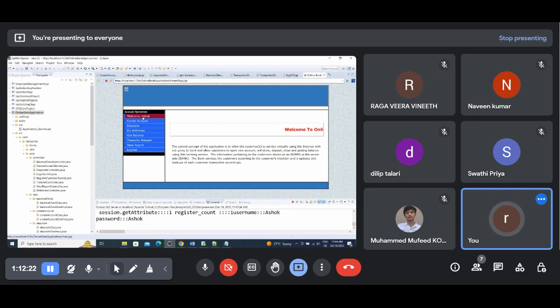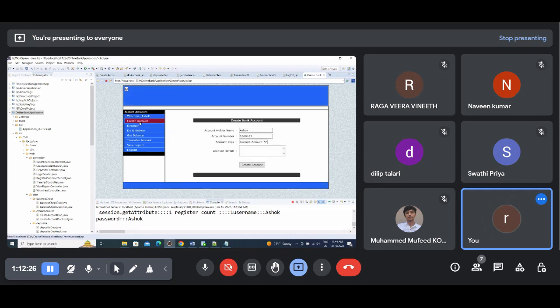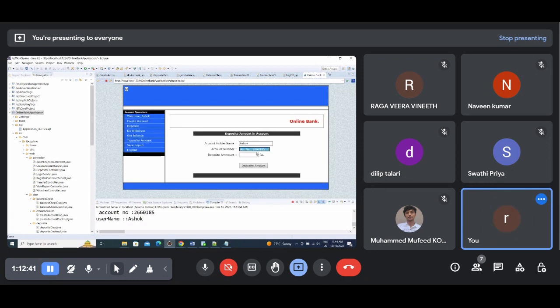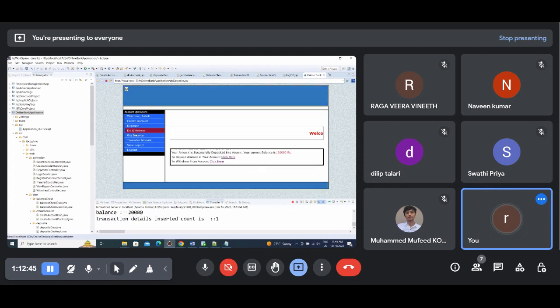Now it is coming as Ashok. Welcome to Ashok. Click on create account. See, now create one account. Create. And this. Now go to deposit. Now some 20,000 deposit